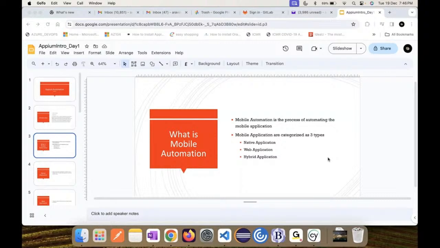Can I get Appium training on Mac? I'm not using Windows, or do we have a separate class for it? Don't worry, Sai. I also have a Mac, so there is not much difference.